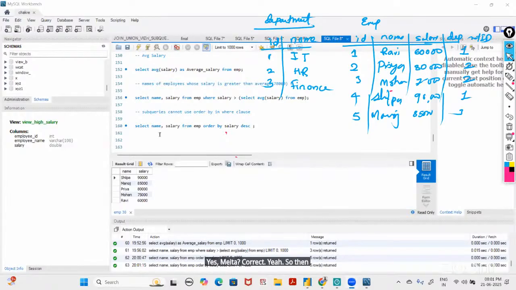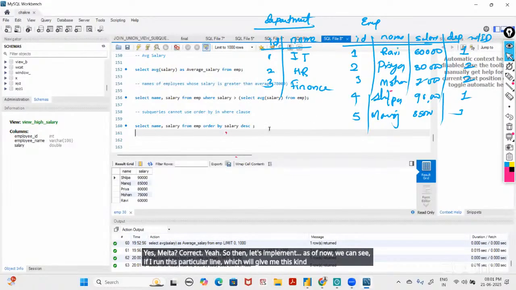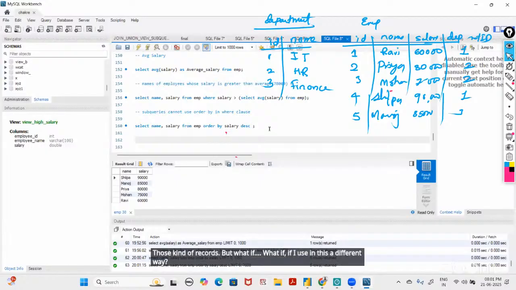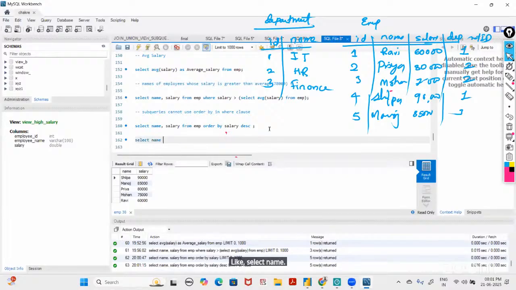So then let's implement this. As of now, we can see if I run this particular line, it will give me this kind of records. But what if I use it in a different way? In this case, I'm going to write the query like select name from my table, which is EMP, where I'm going to use a where clause, salary equals to,